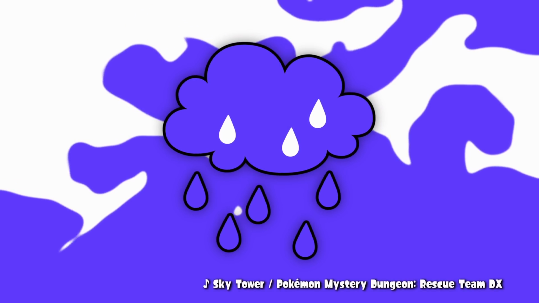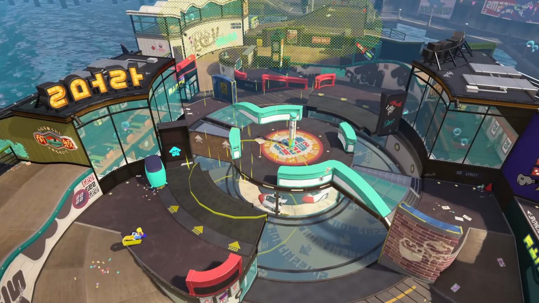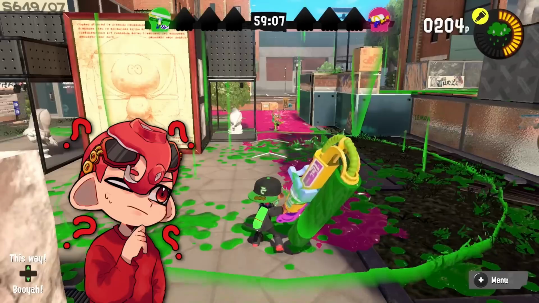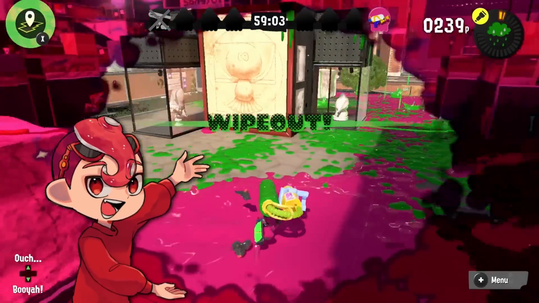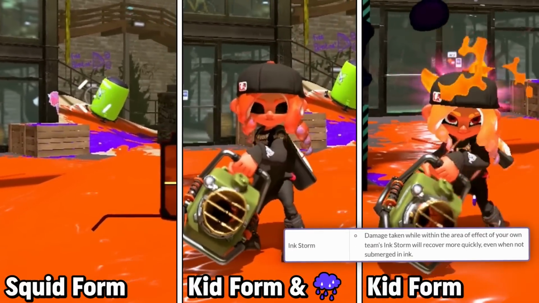Storm, by contrast, was already pretty decent. It's 8 seconds of solid paint and displacement that doesn't take up a player slot, which made it really easy to work into comps. It just lacked any real power stat, which it still doesn't have, but it has some new utility. The special's new effect is that your healing is the same in squid form even when you're